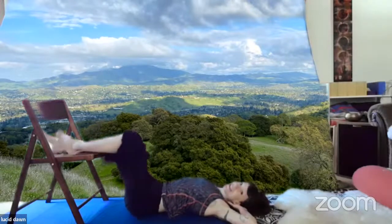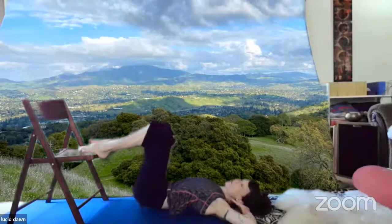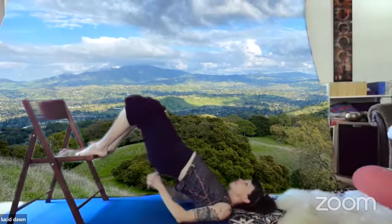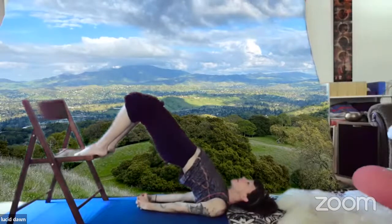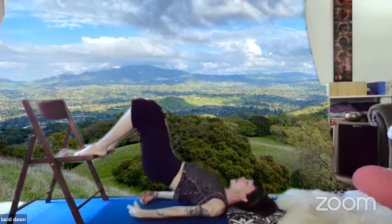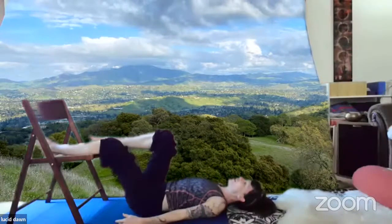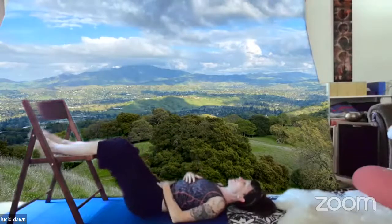Please stay resting now, or if you're so inspired, if you want to come up, one last little burst, pressing into the heels, squeeze your shoulders, open up, big breath. And then any exhale to come down, rest your thighs, maybe, or your calves rather, and rest your hands on